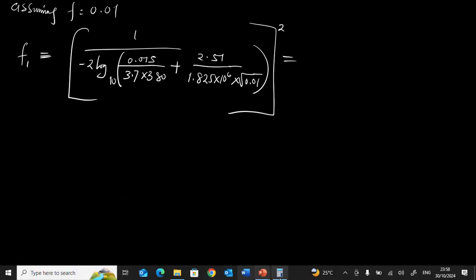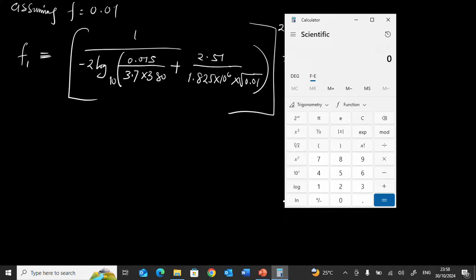Let's now invoke our calculator. We have 0.015 divided by 3.7 divided by 380 plus 2.51 divided by 1.825 exponential 6 divided by 0.01 square raised to power 0.5 equal to